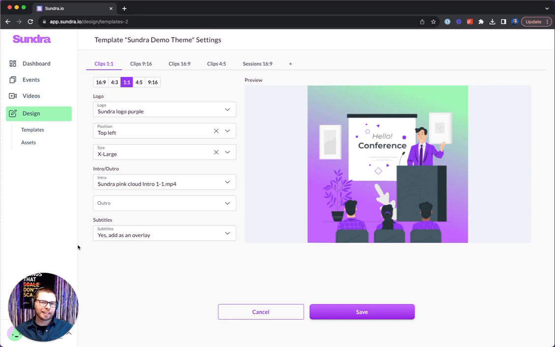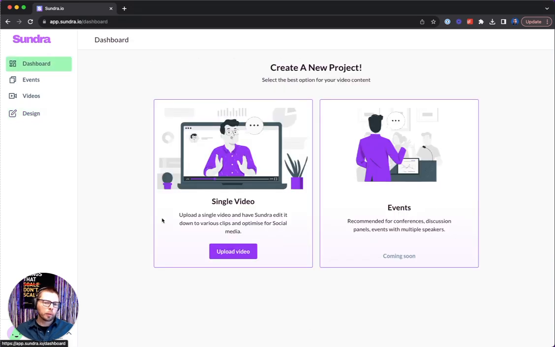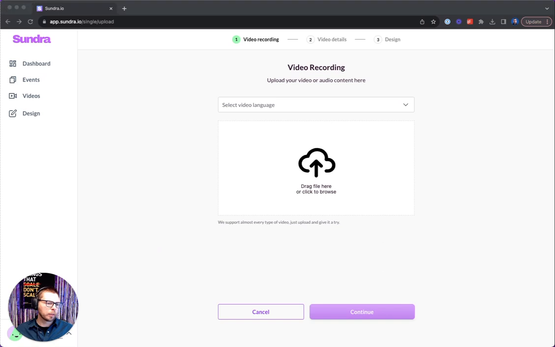Now, once you've created a good template that you want to work with, the only thing you literally have to do after that is just upload videos. That means that once you've created the good template, anybody in your company can start uploading videos into the system. Now, when you're uploading videos into the system, basically the only thing you have to do, let me just take a test video here,